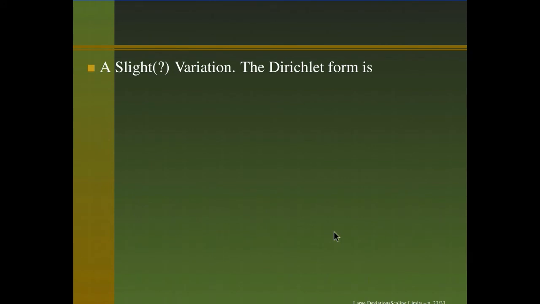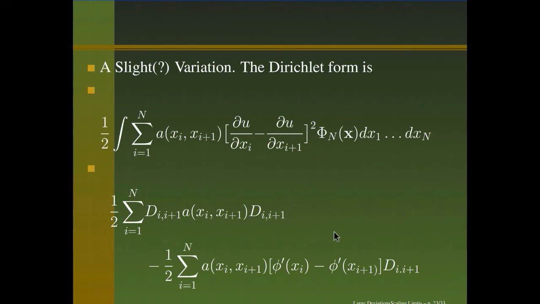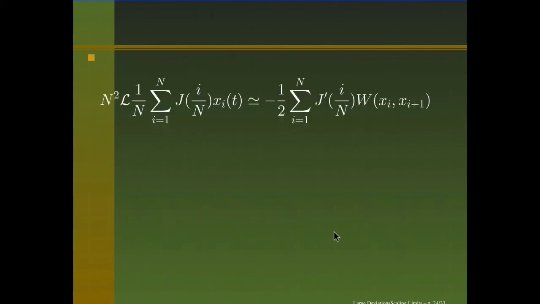A slight variation of this problem is when the Dirichlet form has an extra term. So we modify it by throwing in the function a of xy, which multiplies the square of the derivatives. This adds an extra bit of nonlinearity to the problem. Phi N of x is still the invariant measure, and the process is still reversible, and the infinitesimal generator can be written down, and it takes this form. The only difference now is if you apply